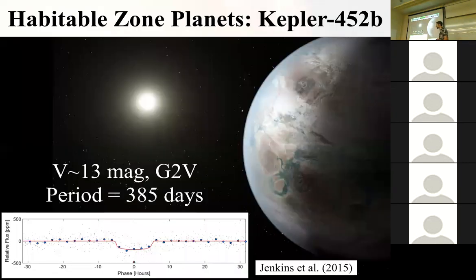And in fact, Kepler was made to answer that question. That was the key goal that Kepler was going to answer. And there are candidates. This is Kepler 452b that was published a few years ago now: an Earth-sized planet around a solar-type star with an orbital period of 385 days, so a perfect candidate. You see the transit light curve here, the phase-folded transit. Remember that a little bit of light is blocked.